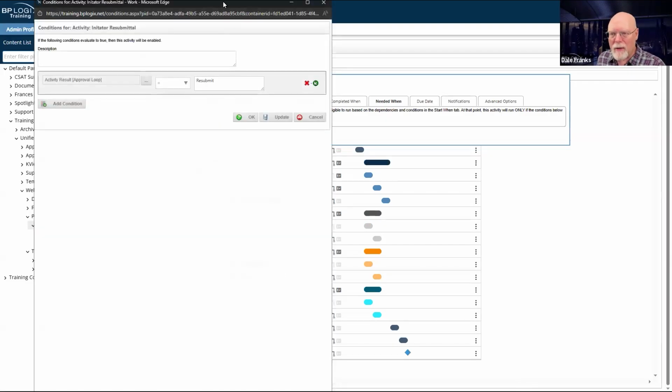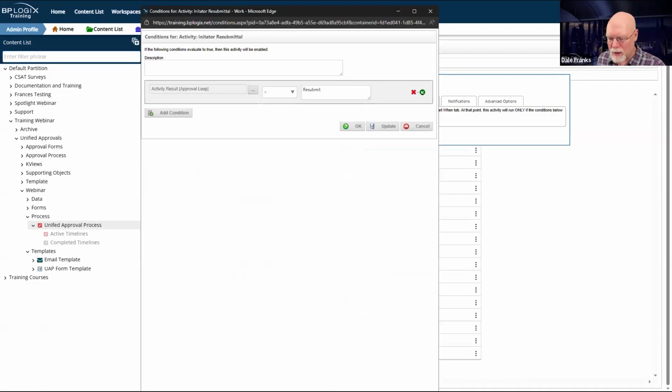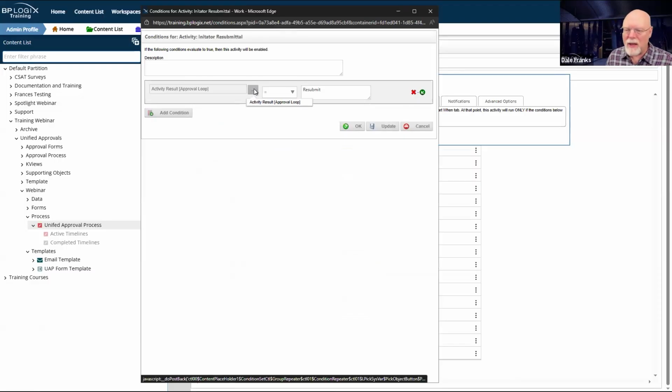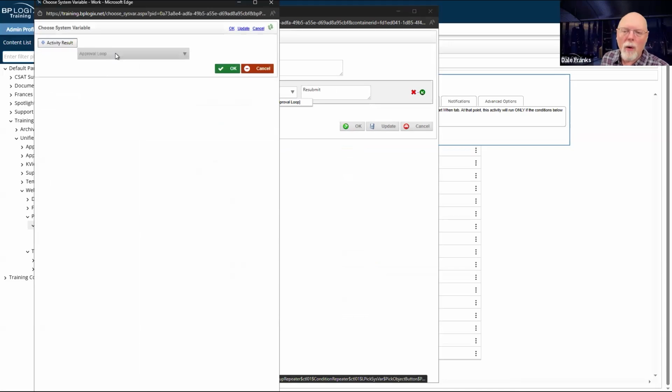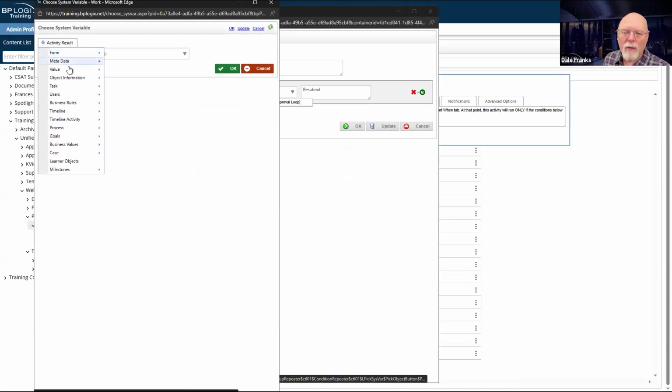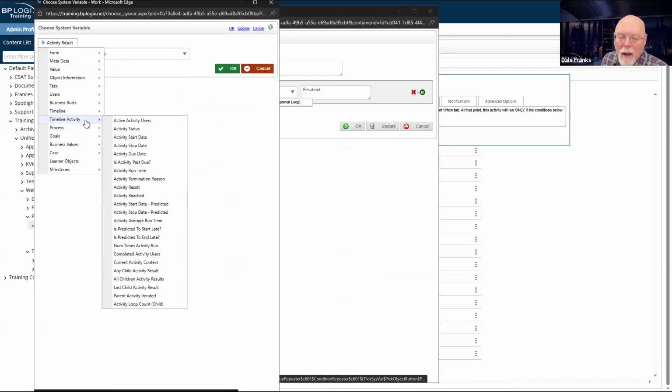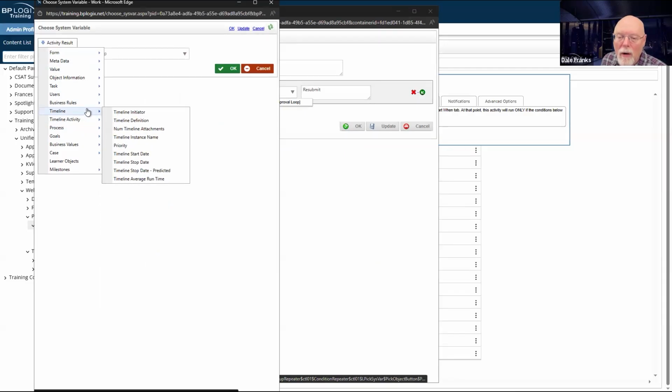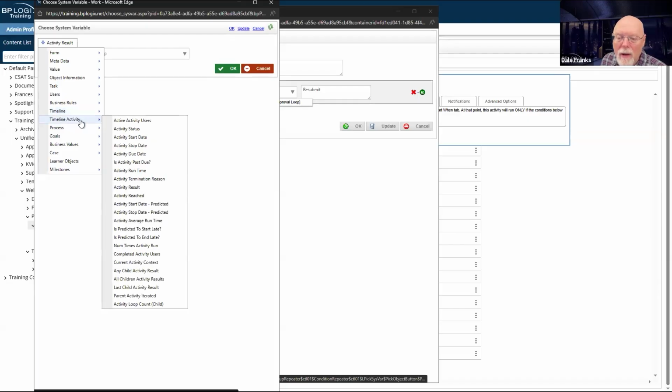So I don't think that this is going to be a good enough condition. Let's just try a couple of loosey-goosey things here. Let's go with, instead of the activity result for that particular activity, let's go with, I think I was looking for timelines. That's not what I want. Timeline activity.